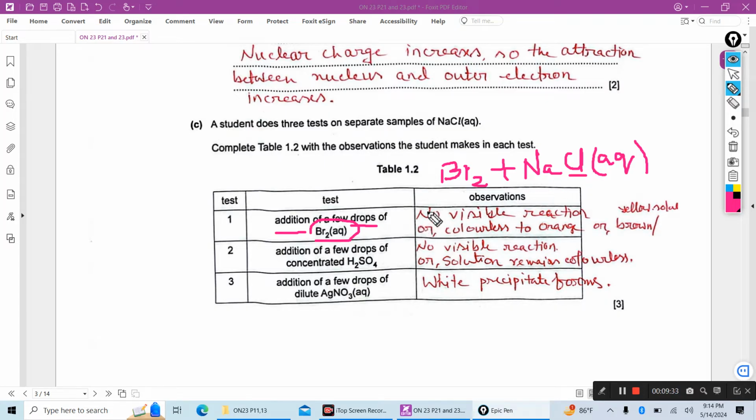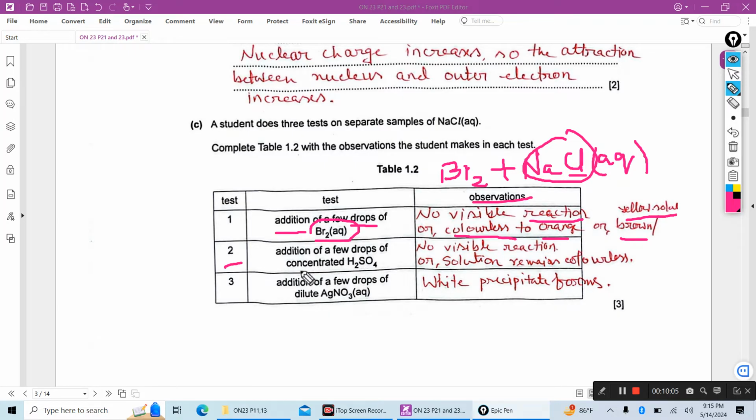That's why for the observation, you can write no visible reaction or no visible changes, or you can write colorless to orange. Why? Because sodium chloride is colorless. If you add orange solution, the total solution will be orange. Or you can write yellow or brown, you get marks. Number 2,